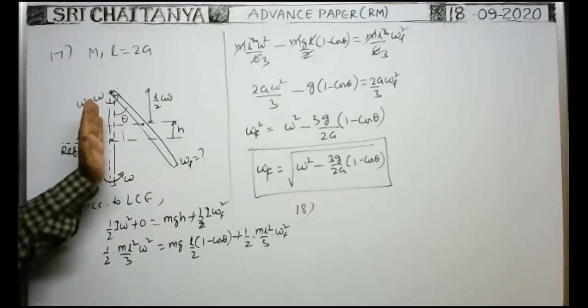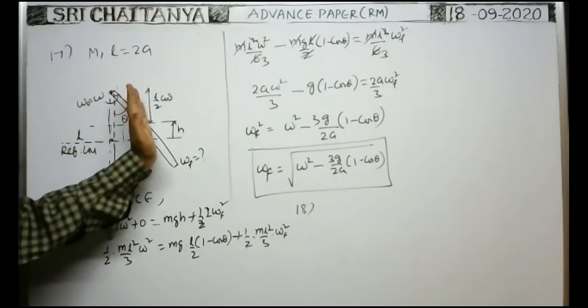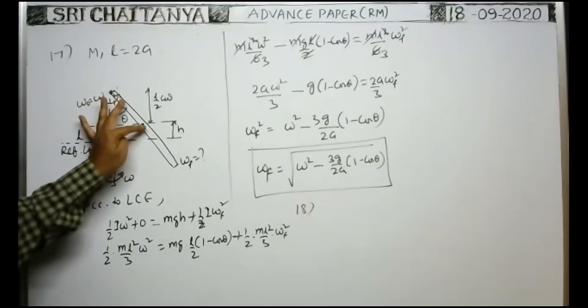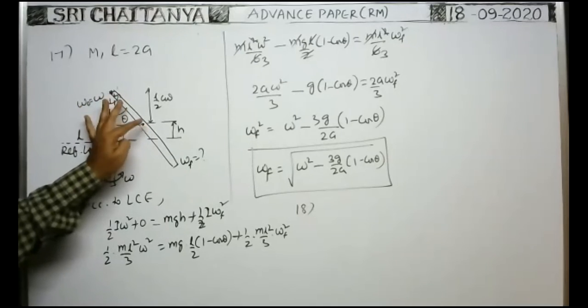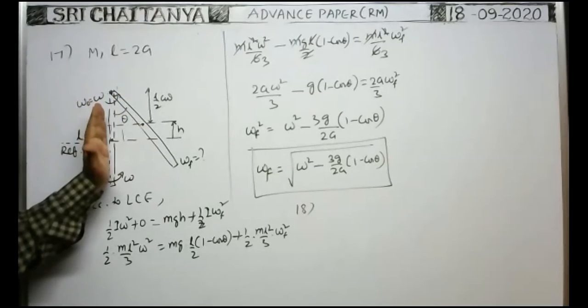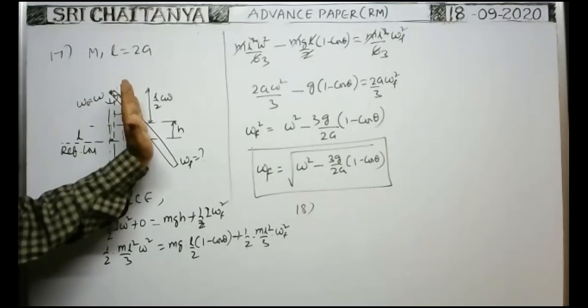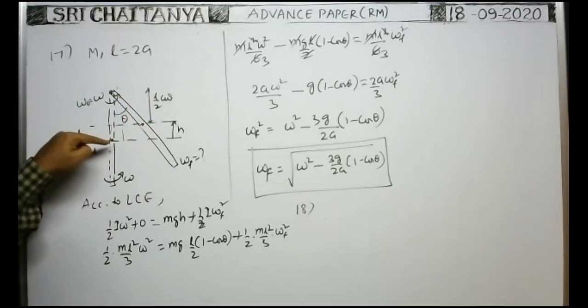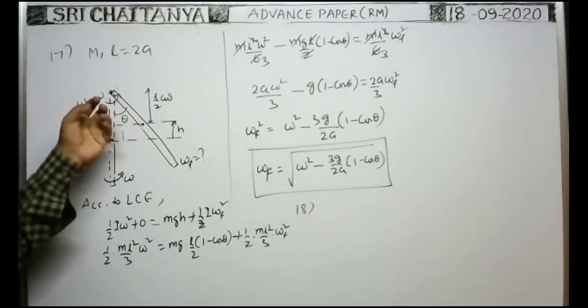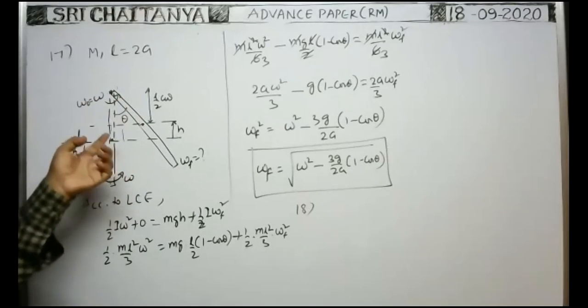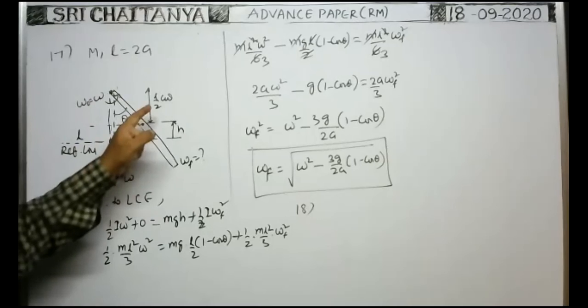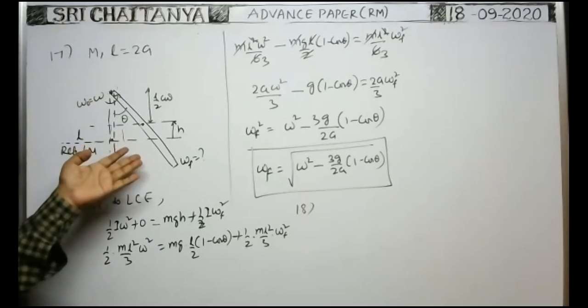Here, when the rod turns, moves from this position to this position, the center of mass rises up to a certain height, no? That's why the total energy of the rod at this position and at this position is the same. Whenever the rod moves from this position to this position, the weight acts in the downward direction. That's why it moves against gravity. That's why work is done by gravity, which is conservative.